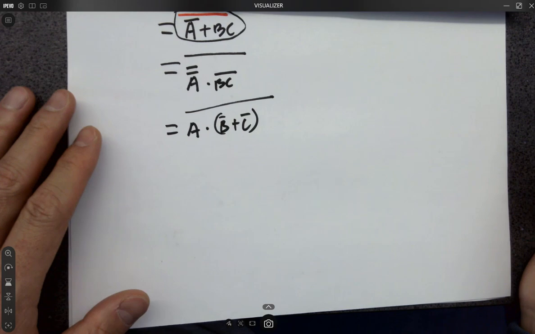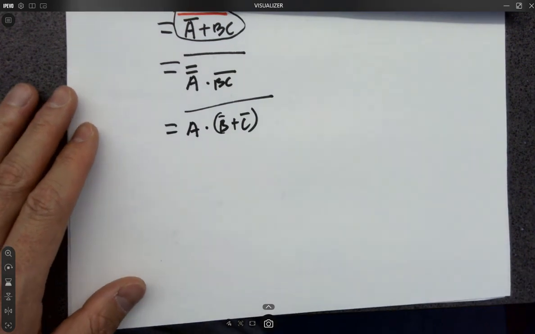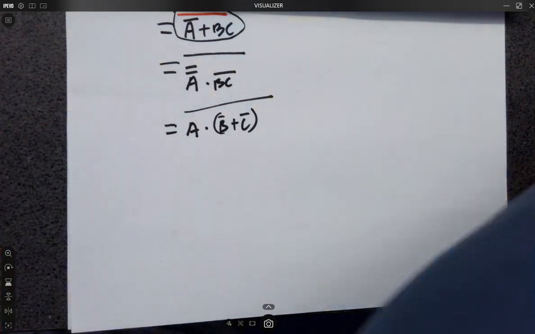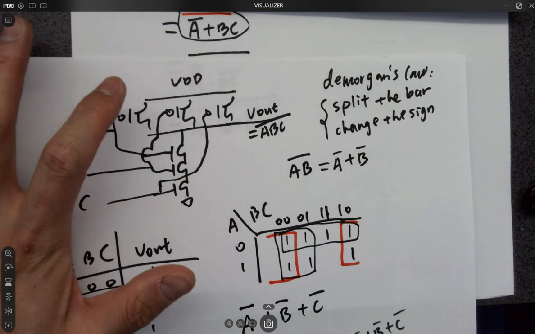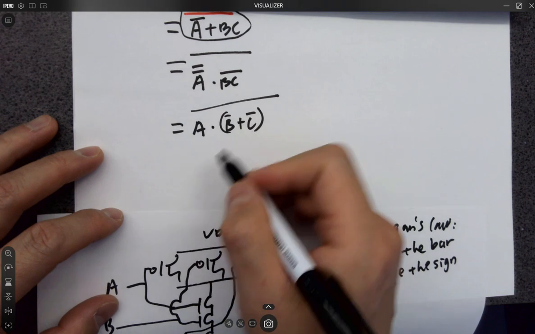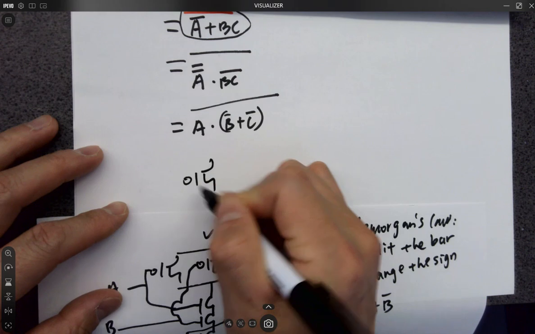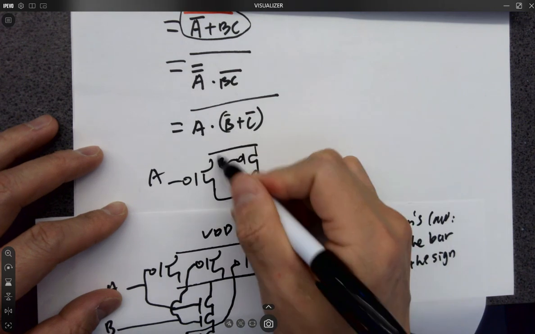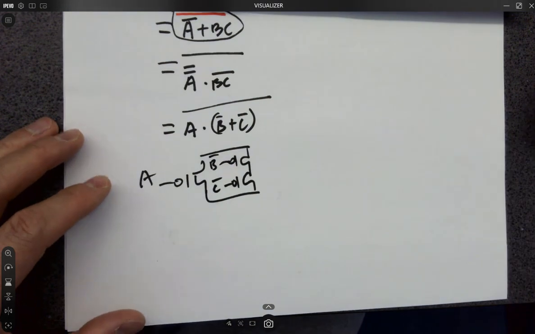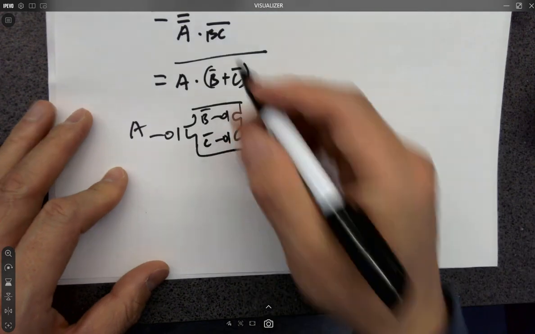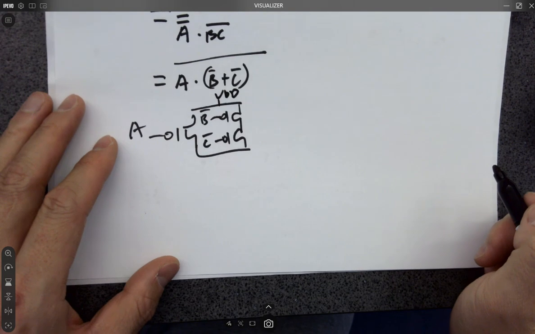Next, we can start working on the schematic. Because I told you that if you have an AND logic, you want to keep the PMOSes in parallel for the AND logic. Think about the NAND gate. PMOS are in parallel for the AND logic. So for A and B, they have to be in parallel, which is A has to be here. And for B and C, B not or C not, they have to be in series like this. Always think about the NAND gate and NOR gate examples. So here's VDD. For the bottom,